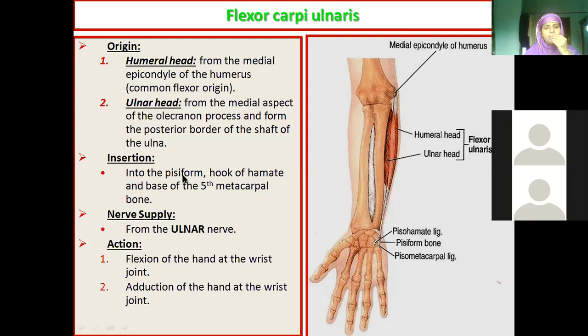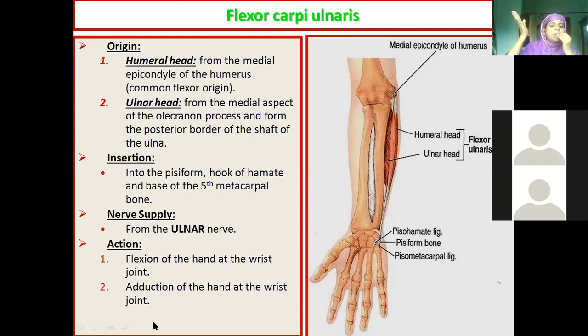Sesamoid bone, which is ossified in the tendon of flexor carpi ulnaris. So it is inserted into the pisiform, and also into the hook of the hamate and the base of the fifth metacarpal bone. See, I told you we have a few exceptions. One exception muscle is the ulnaris muscle. As the name implies, ulnaris, the nerve supplying it is also the ulnar nerve.